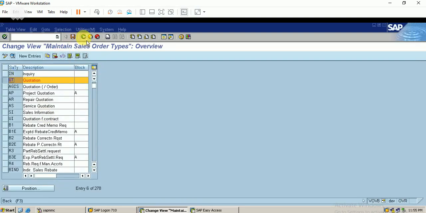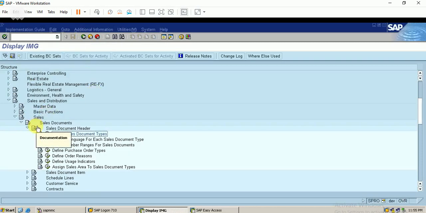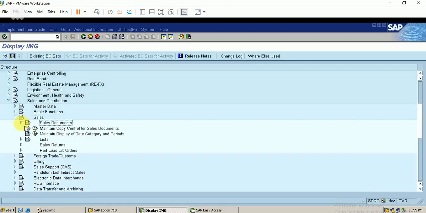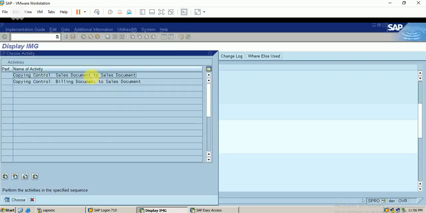The main thing is we need to maintain the copy control, and we can maintain it here: maintain copy control for a sales document. Just execute it, sales document to sales document.